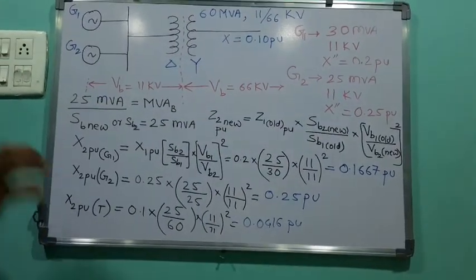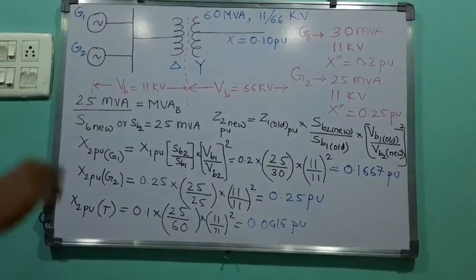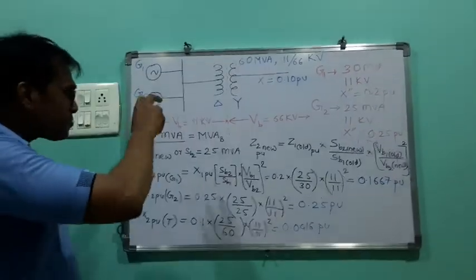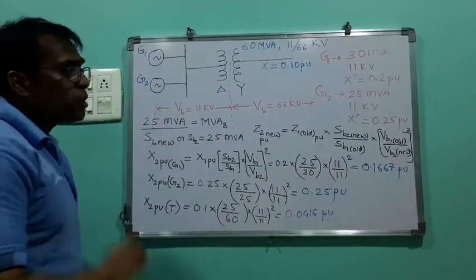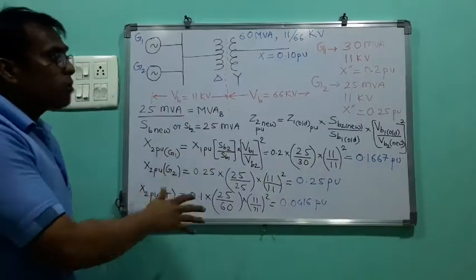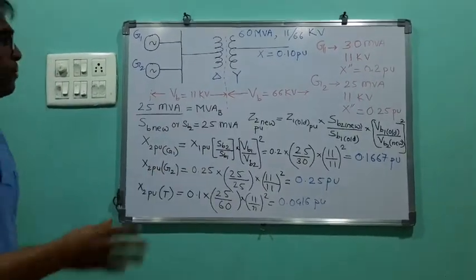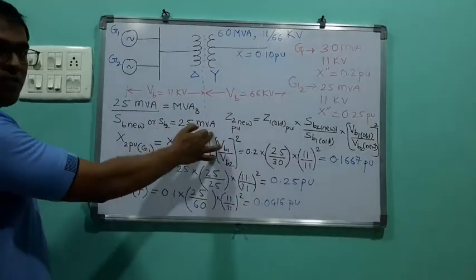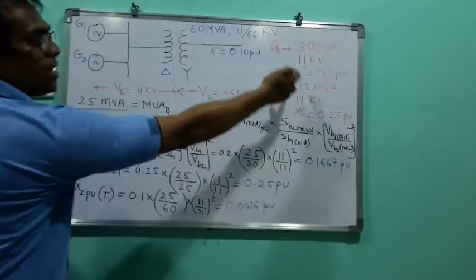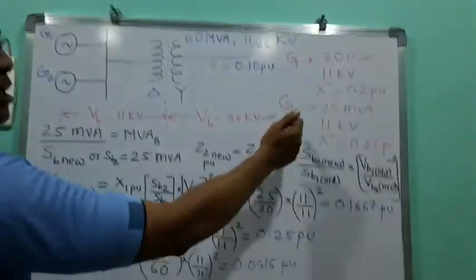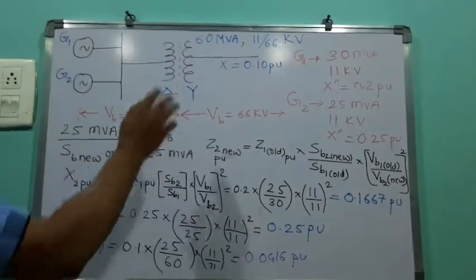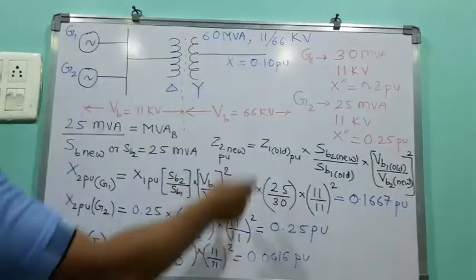Now what is the basic thing required in this? You have to make the reactance diagram. From this single line diagram, we have to draw the reactance diagram. Have you understood what we are doing? Just to summarize: 25 MVA is given, so your new base is 25 MVA. G1 rating is given like this, 30, 11 and 0.2. Then G2 rating is 25. This is given. We are divided into two sections, so we have to convert that 66 divided by 11.